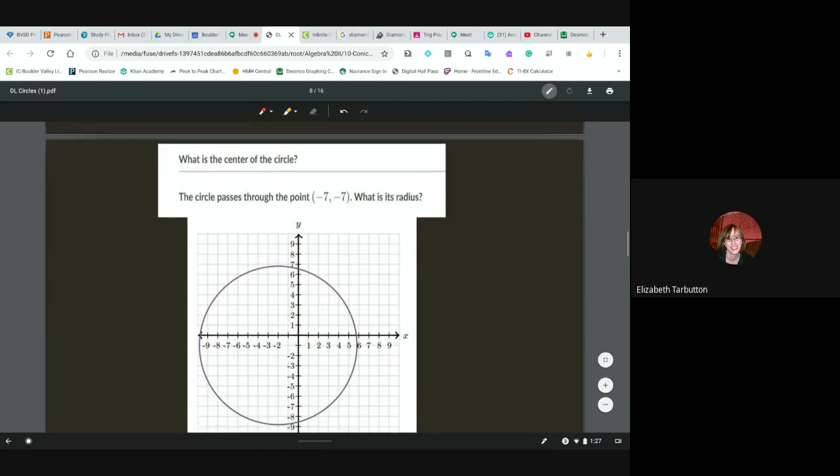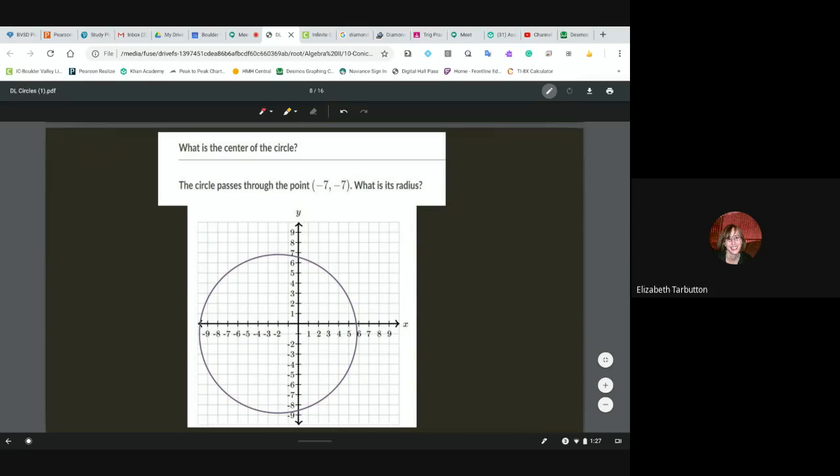Okay. So we can utilize that formula to help us with this particular problem. So for this particular problem, it has a diameter of about 8. And so we can say that our center is right here at -2, -1. And since our center is at -2, -1, we can use the equation